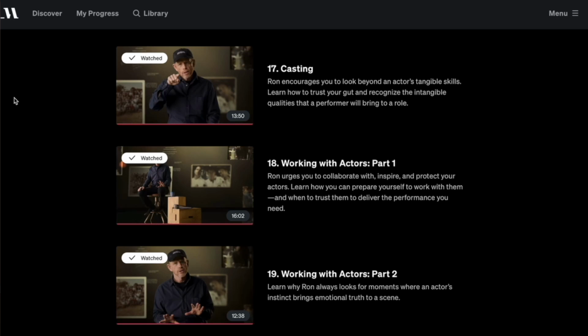Again, working with the people on stage, you have the casting, how that's a very important role in finding the right people. Again, here is a point where he could talk about the experience he had as an actor and now becoming a director. So that was very interesting to listen to.